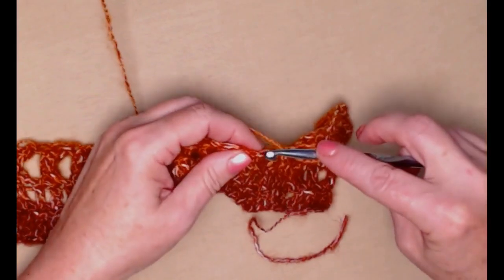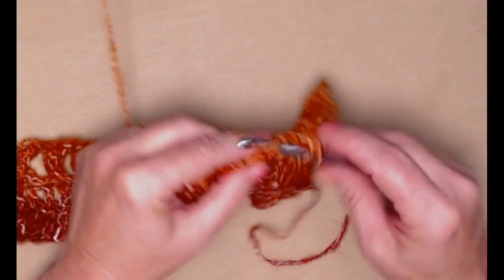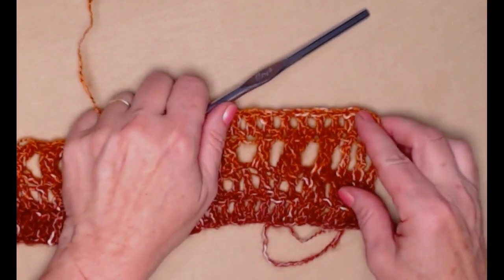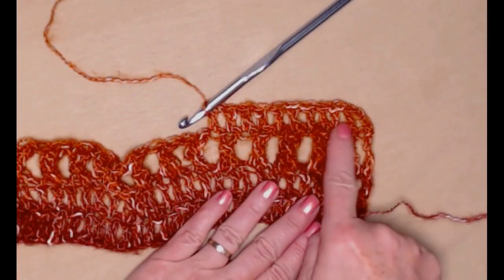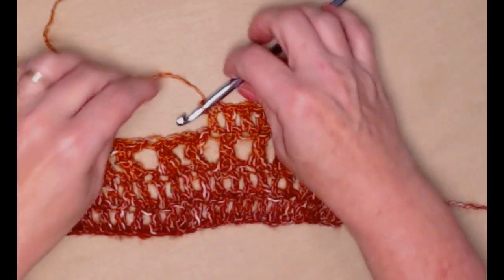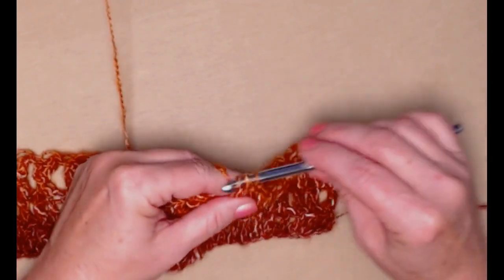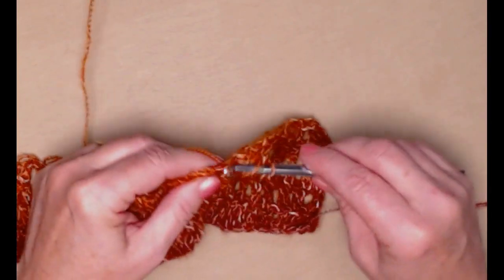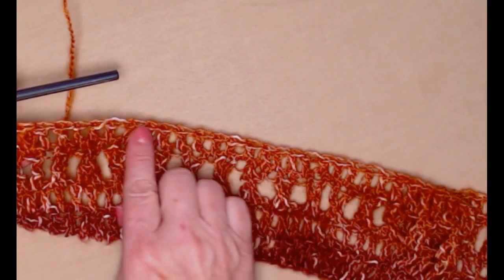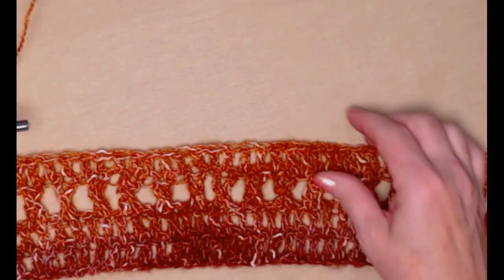And again, make sure you don't stitch too tightly, because we want this to be, as I've already said, loose and lacy. All right, so you can see the pattern. 1 double crochet in each of those triple stitches all the way across. I've stitched 1 double crochet in each of those stitches across, and it's a good idea to go ahead and